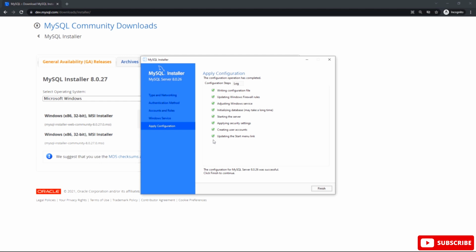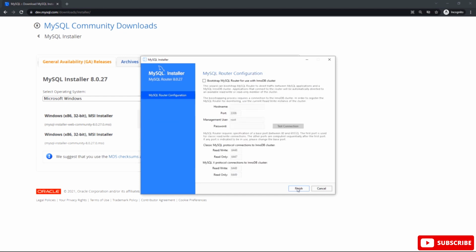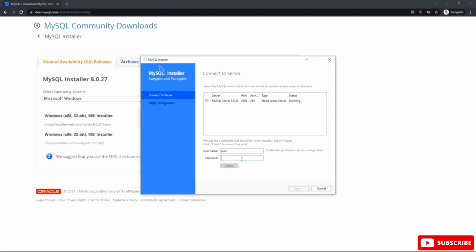After applying all the configuration steps for MySQL Server, you can see this message: the configuration for MySQL Server was successful, and click finish. Now you can see the screen for product configuration. Hit next, then finish. Next, type your password here, the previous password we created.